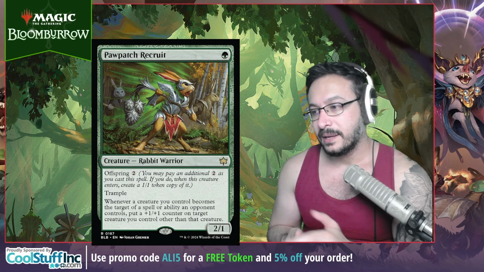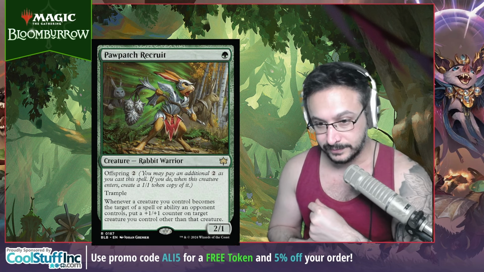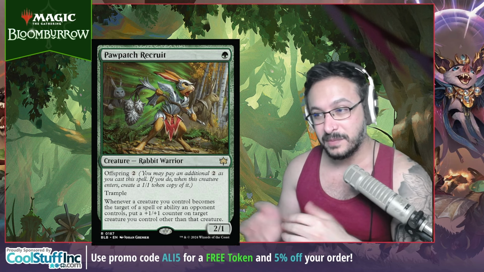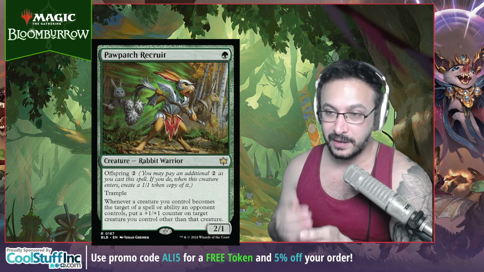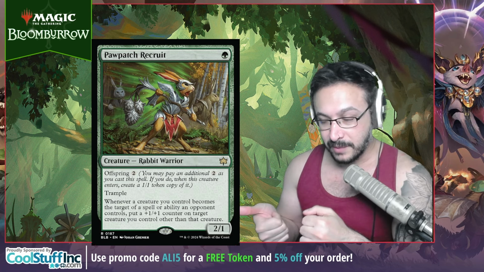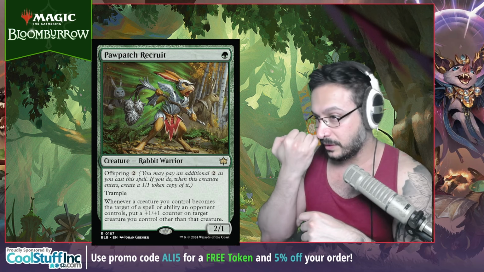Coming in at number 1. Remember I told you 1-drops are really good in the set? Well, this is a 2-mana 2/1 with Trample. And that's Offspring. So on turn 1, a 2-mana 2/1 Trample is great. And on turn 3, it's a 2-mana 2/1 Trample. It also makes a 1/1 Trampler, which is also a Rabbit, which triggers the other 1-drop you can have, the